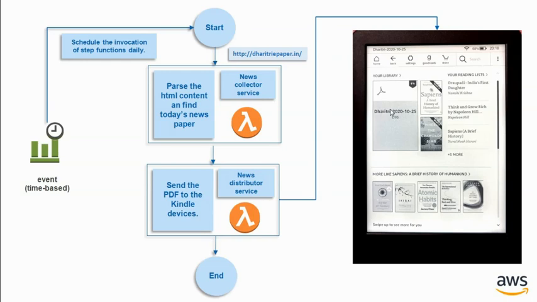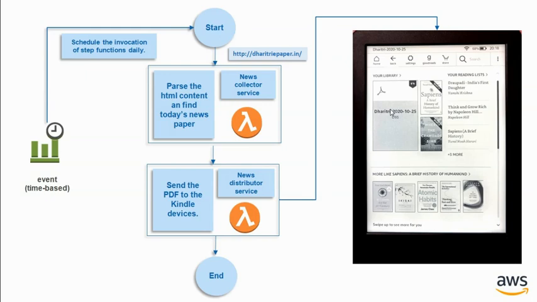So in this format I am sending this to my Kindle device, so that tomorrow if it comes, it will be a new name. Okay, it will not override the existing file. So every day the mail, the PDF, will be delivered to my Kindle device, and I can read that paper smoothly on my Kindle device without navigating to any other location, because it has been e-delivered. That newspaper is e-delivered to my Kindle device.